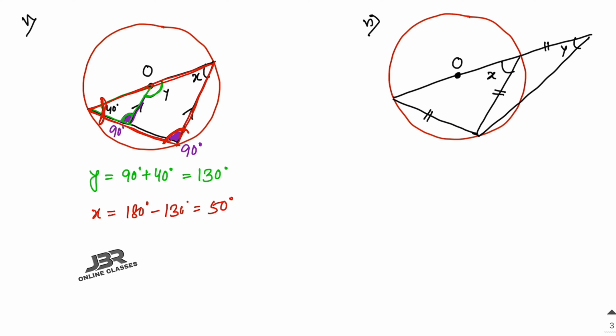Now number 6. In number 6, these two sides are equal, and you know that in this semicircle this angle equals 90 degrees, the red one. So if this one equals x, definitely this one will also be x. So x equals 45 degrees. As this angle x equals 45, the purple one, mark it purple, will be 180 minus 45, and that equals 135.